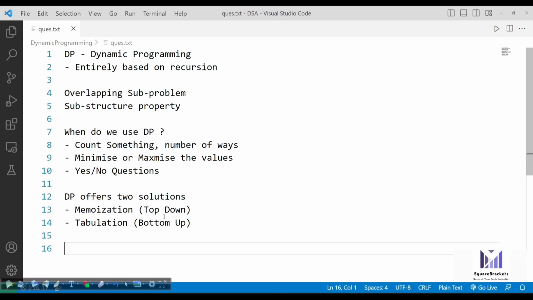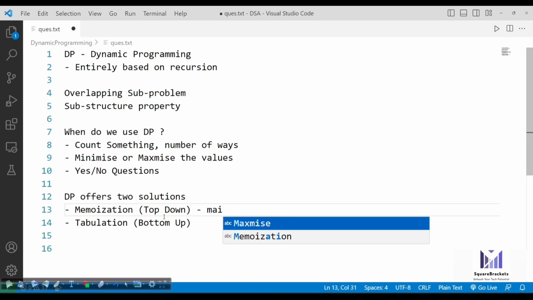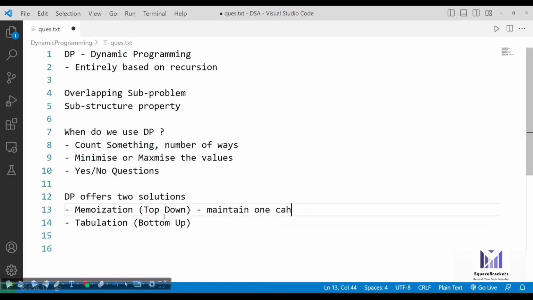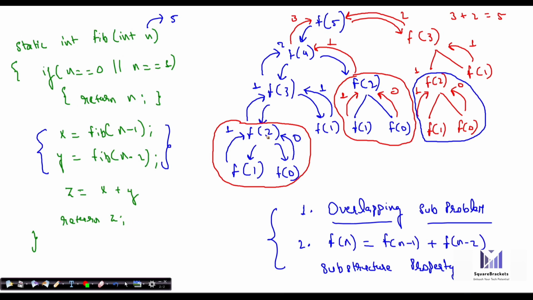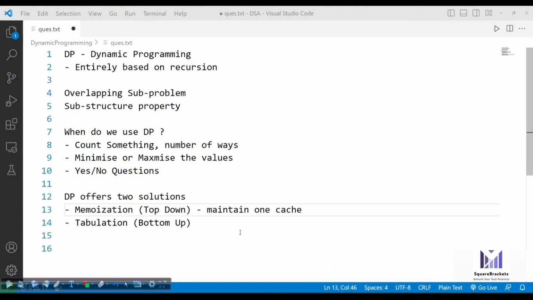In memoization, you can keep on using recursion, just reuse the value from the stack. So just maintain one cache memory, one extra array, let's name it cache. Cache memory means you have already executed F2, so why not store this call in an array? On the second index, simply store the sum, and whenever you see n becomes 2, pick the value from here. So that's why it says to maintain one extra array to store the answers.